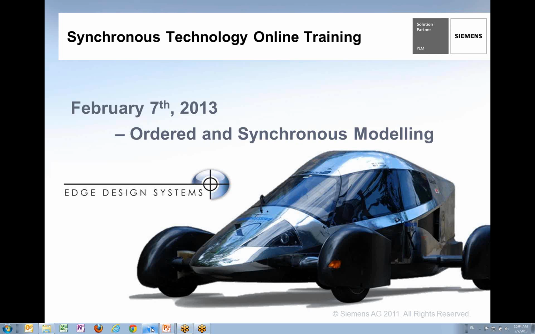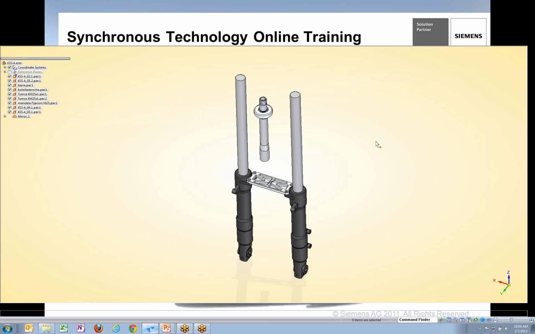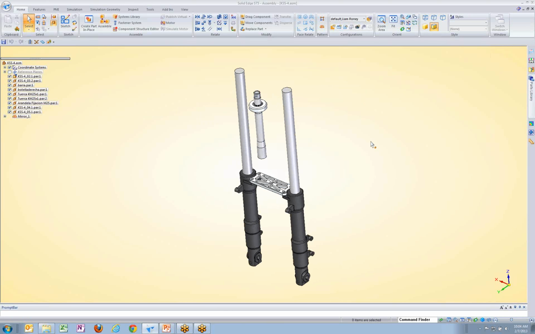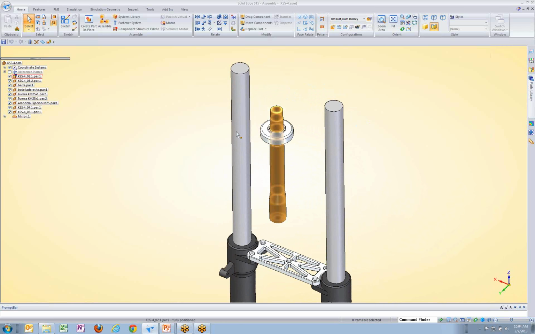So I'm going to jump right into the data set that we've got here. What we have is a set of forks for a motorbike. And we're going to look at a typical design scenario. We've got this much laid out, and what we need is another piece that's going to join these three forks at the top, as well as another one towards the bottom here. And we're going to design that. We've already got it kicked off with the design and we'll look at where we'd want to use ordered modeling, where we'd want to use synchronous, and how those two are going to help us